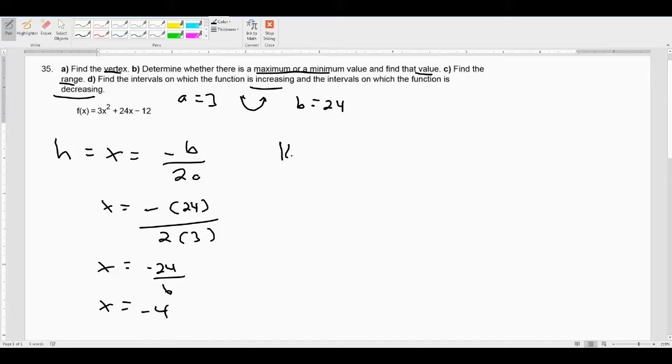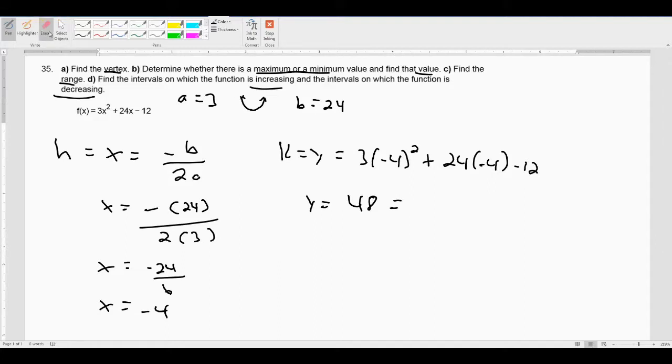And then for our k value, or our y value of the vertex, we're just going to substitute negative 4 in everywhere we have an x. These numbers could be kind of big. Negative 4 squared is 16, 16 times 3 is 48. 24 times negative 4, what is that? Negative 96. Negative 96 and then minus 12. So we get y equals negative 48 minus 12, negative 60. So our vertex